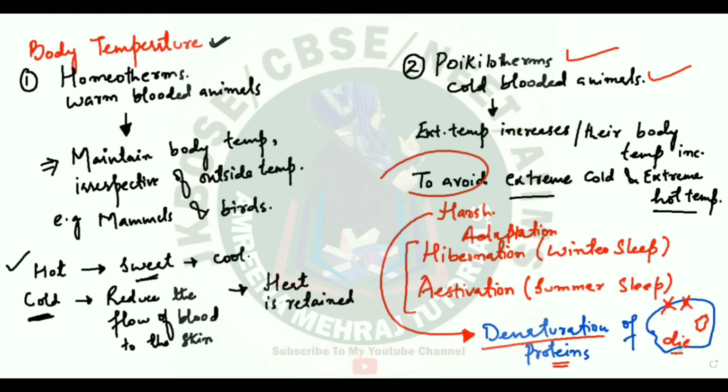The cells will die. So that's why we say that extreme hot and extreme cold conditions are very harsh, because they can result in damage to the cells. They can cause denaturation of the proteins in the cells. So what an animal does to protect itself from this kind of situation is that the animal will show these simple adaptations. Either it will go for winter sleep if it's the cold temperature, or it will go for summer sleep. That means for a pretty long period of time, the animal will enter into a cave, and it will go into a long phase of inactivation to protect itself from the external harsh conditions.